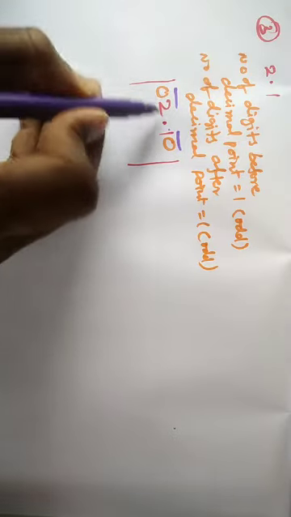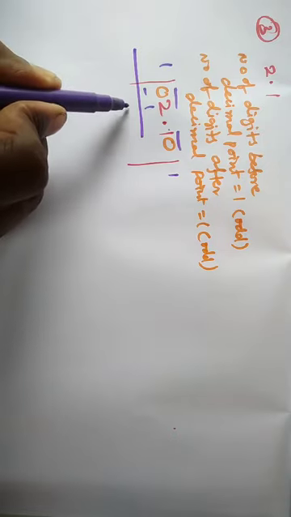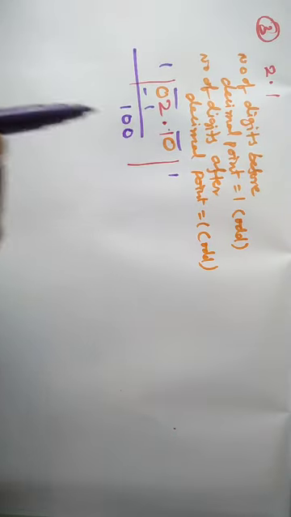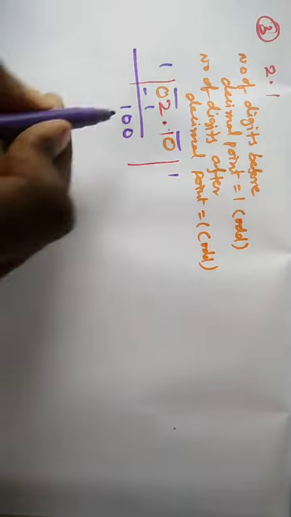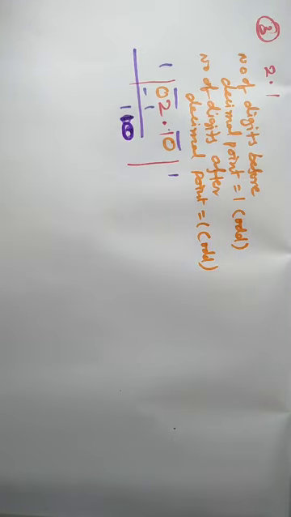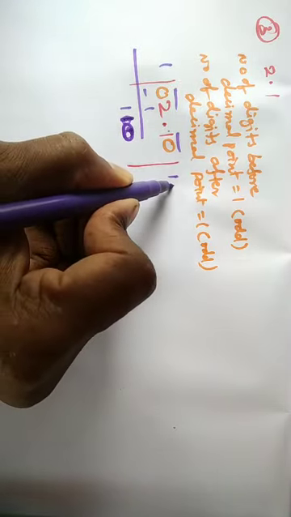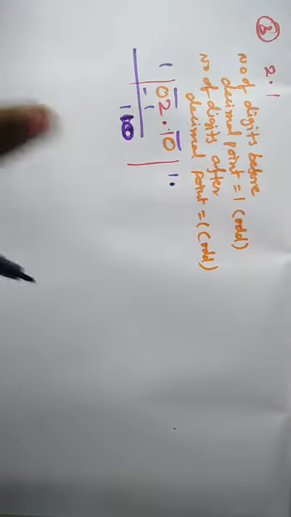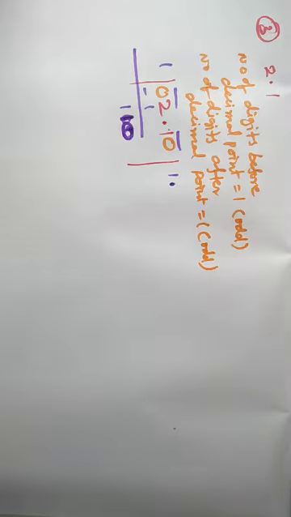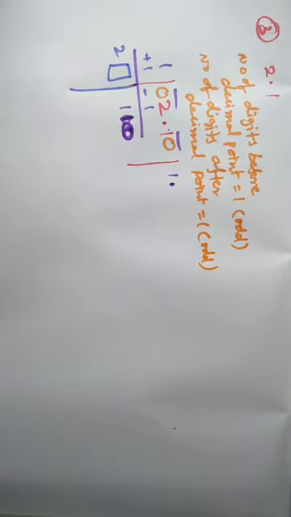Now in the first group, 1 ones are 1 only we can take. By subtracting, here 110, the next two digits 10 are there, so 110. Here 1 is the remainder, next two digits 10. When we are taking the digits after the decimal point, we have to place the decimal point in the quotient also. Again by adding 1 to this one we get 2. Here we have to leave place for one more digit.